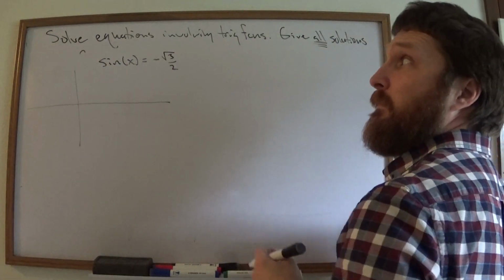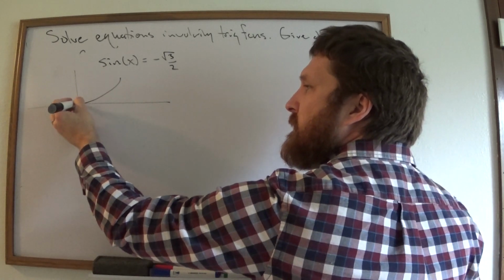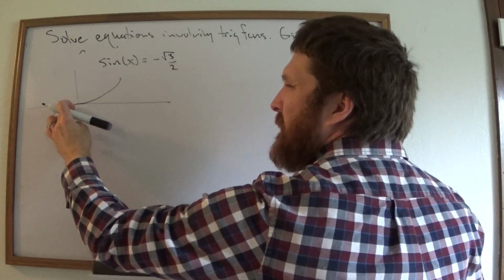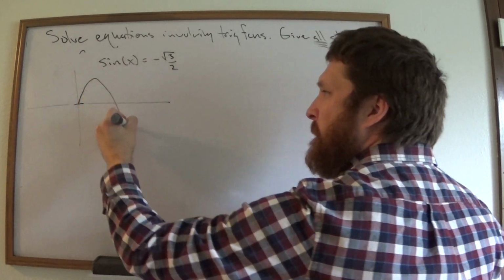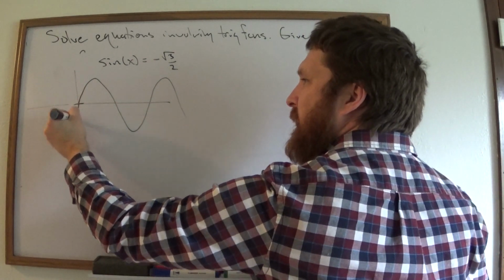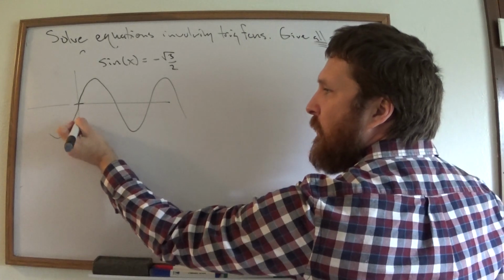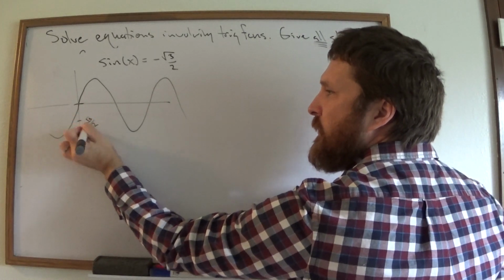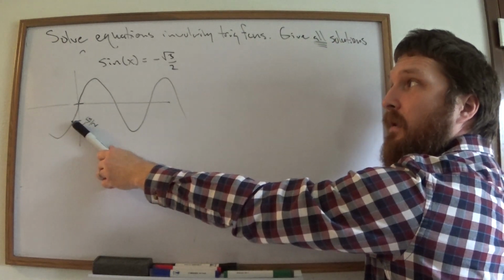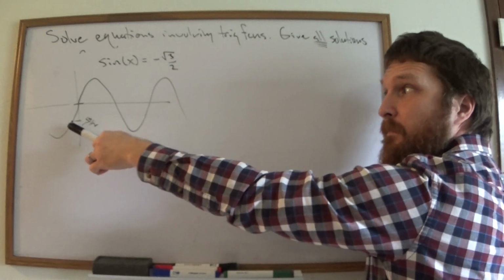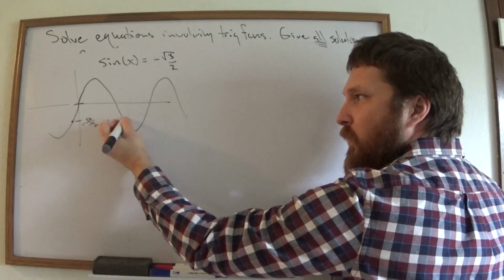Now here's one that would be computable. But if you think about what arc sine does, it comes up like this, comes down like that. I want to draw this out so that I don't mess this up. Okay, so that's sine x, and we want to know where the outputs equal minus root 3 over 2. Well, there's one there. And that, by the way, is the one that arc sine is going to pull back. Arc sine is not going to tell you whatever this one is over here. It's going to tell you the one that's in its